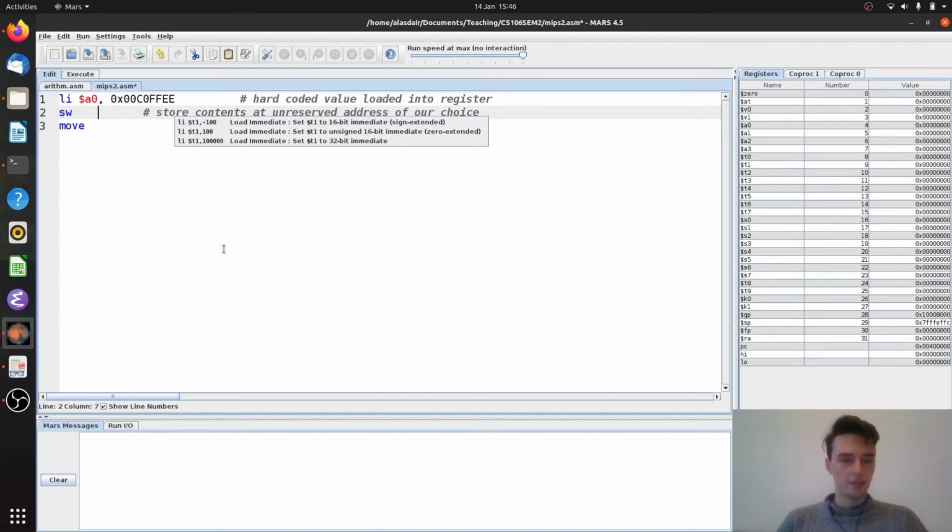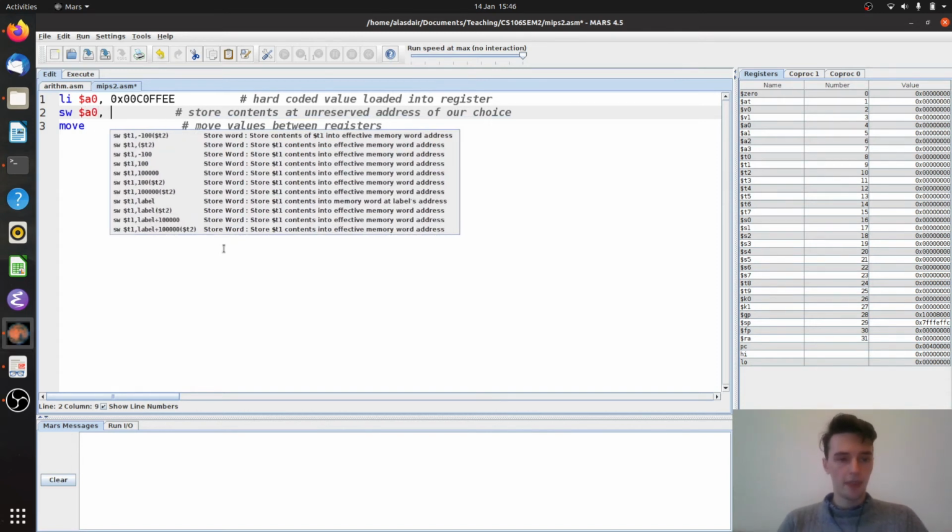Now, what about store word? Well, store word allows us to store the contents of a register at any unreserved memory address. Now, you might remember from one of the previous lectures that some parts of MIPS memory are reserved, but some of them aren't. Some of them we can use. And as you know, MIPS has 2 to the 32 different memory addresses, so there's quite a lot that aren't represented by our basic registers over on the right here that we might want to use to get access to more memory. So let's say we want to store what's in register A0,